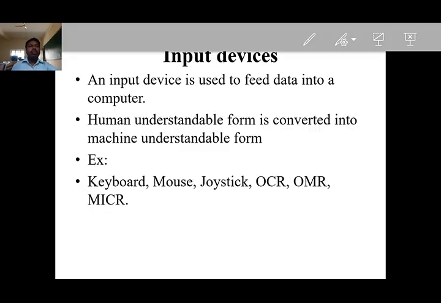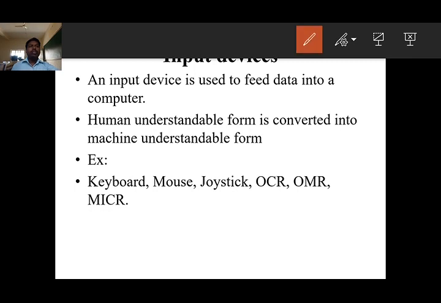Next, input devices. Dear students, before entering this topic, we are going to see one task. I am going to give two numbers to you. You have to add those two numbers, then you have to tell me the answer. Understand? So, assume that I am going to give two numbers, 1 and 3.